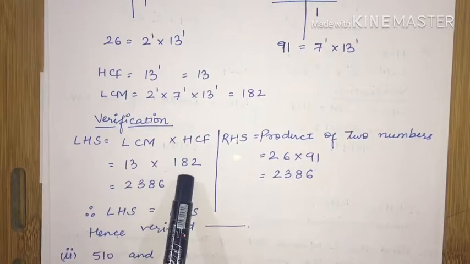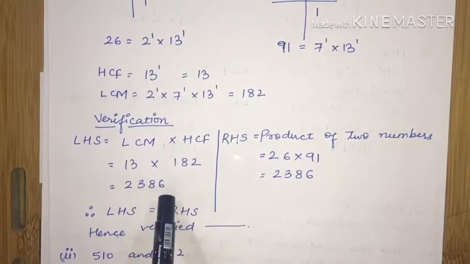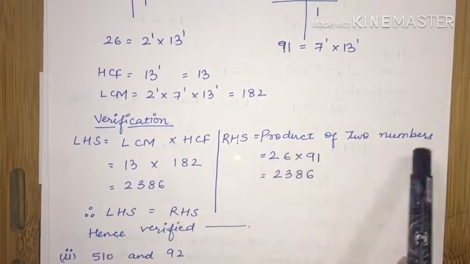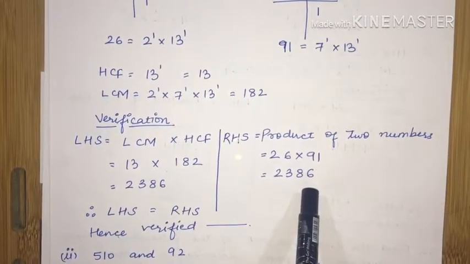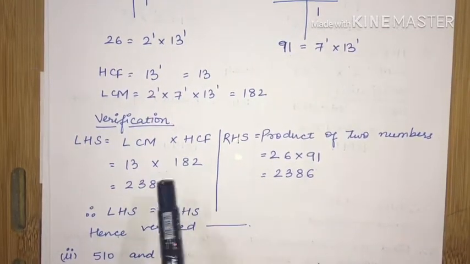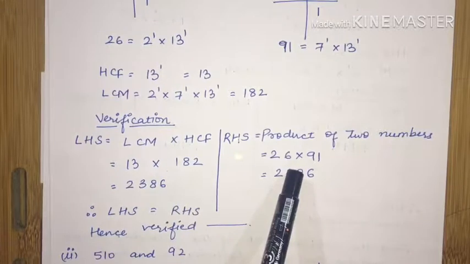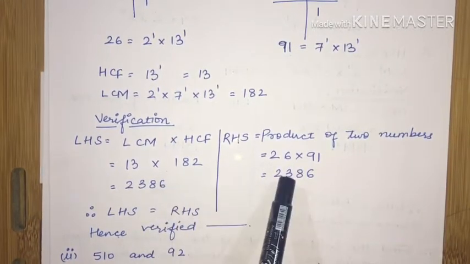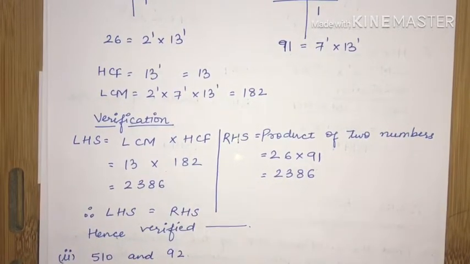So 13 into 182 also gives us 2386, and the product of the two numbers would also give us 2386. Hence we have verified both the sides, which is LHS equal to RHS. Now the second part,